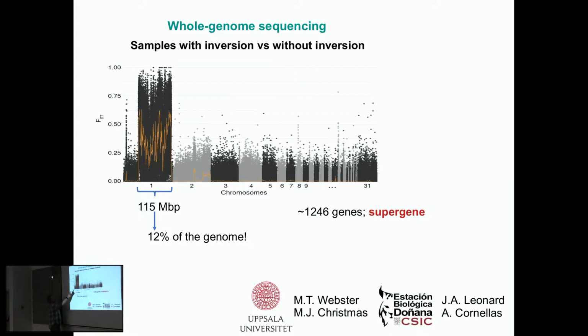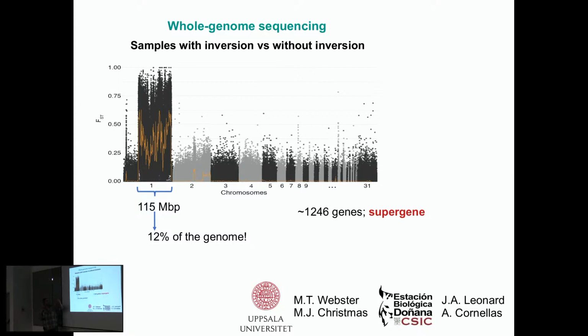And you can see that there is like a U shape. That is what you would expect if occasionally there is recombination. What I said is that the recombinants are not viable, but that's an oversimplification, because if there are 2 recombination events inside this region, that could be viable. And if that happens, that would imply that there is a little bit less divergence towards the center of the inversion. And this could be what this is saying.